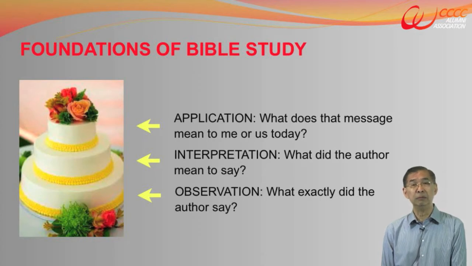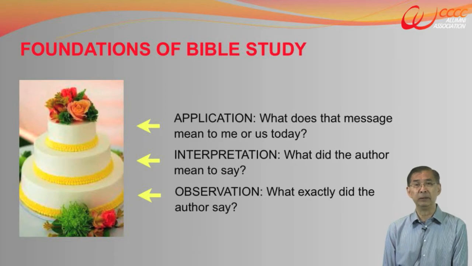So if there's an argument about interpretation, you go back to observation. The person who has made the better, more accurate observation is the one who has the better interpretation. It does not mean that it's correct. Everybody can be wrong. But at least when two people are arguing, the person who has the better observation will have a better chance of getting the intention of the author.